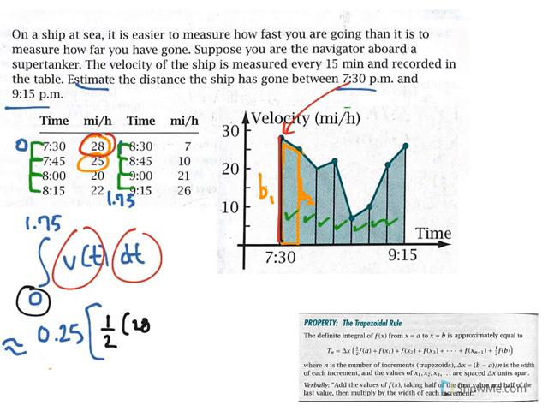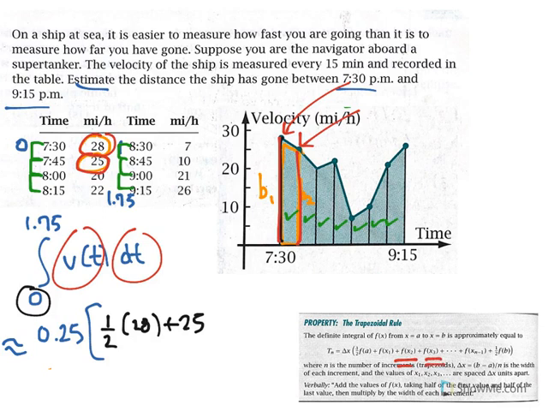So we have 28 here, plus f of x sub 1, which would be the length of this second base, which would be 25 miles per hour. And you keep continuing with the pattern,